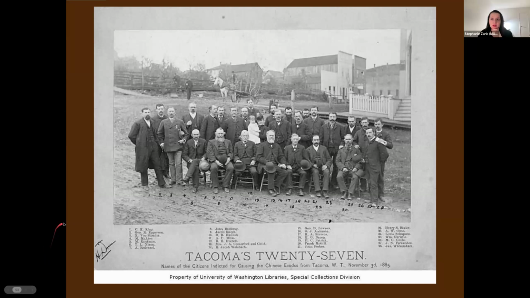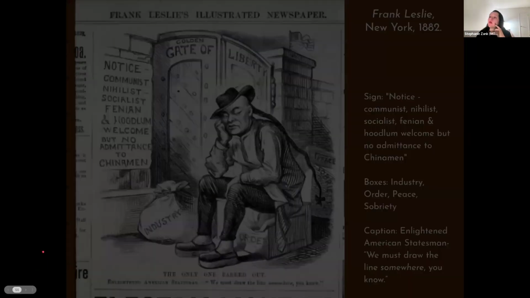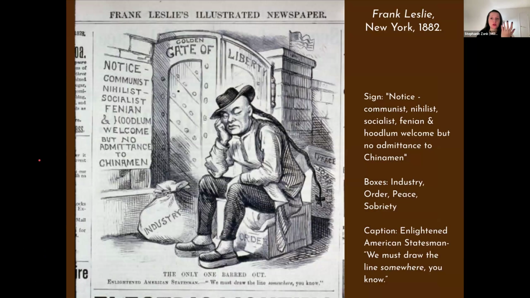Yeah, because this isn't something that people are just going, oh, well, what am I going to do? There's multiple voices from multiple sides that are saying, hang on a second, there's problems with this law, there's problems going on here. One thing that we often will walk students through to talk about the Chinese Exclusion Act,